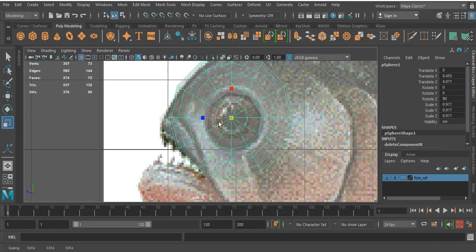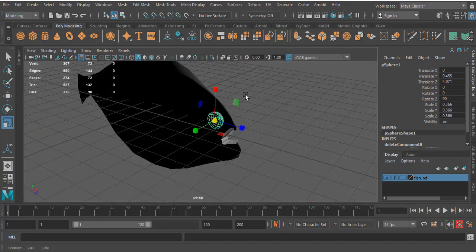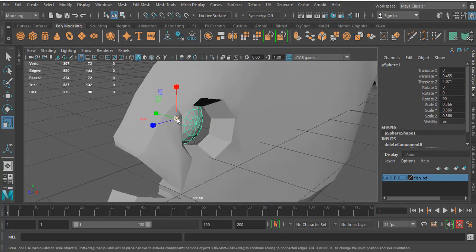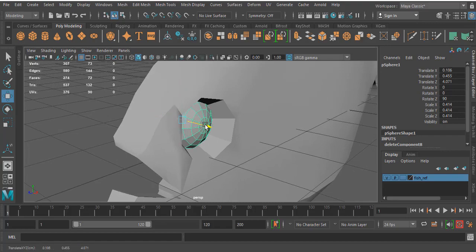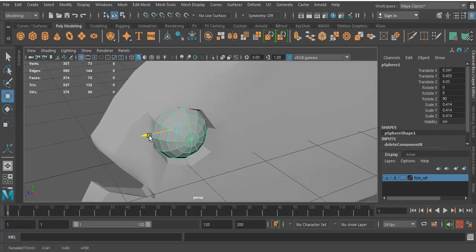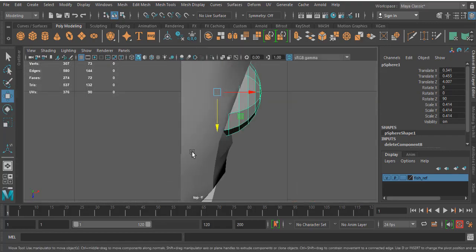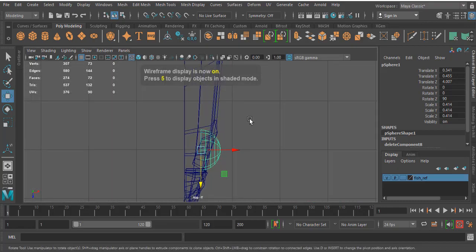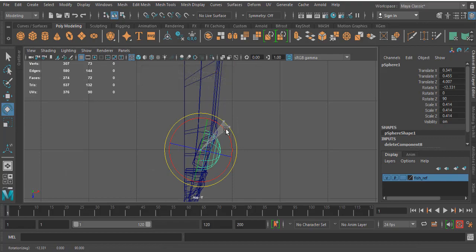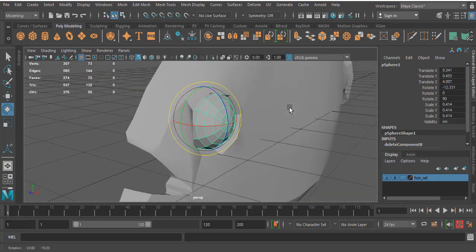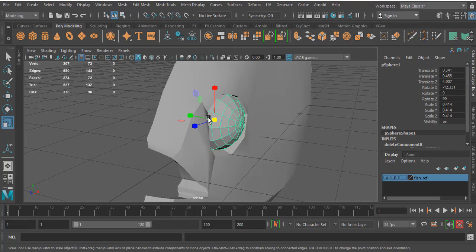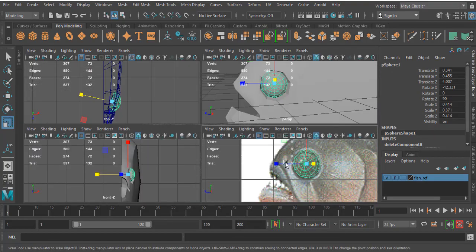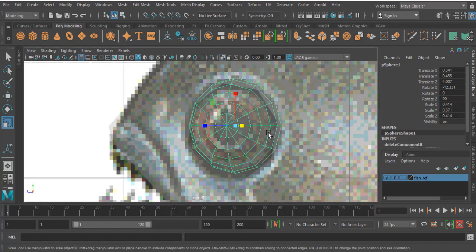Okay, scale it. Slightly move it aside. So I'm going to select this option, and rotate it according to the body of the fish. Okay, slightly scale this. Make sure it is placed properly inside the view.